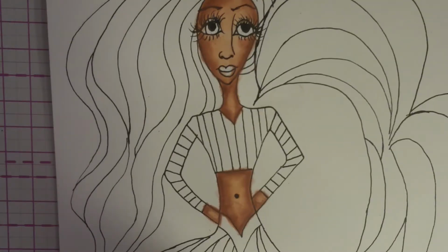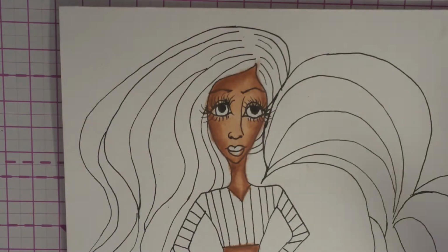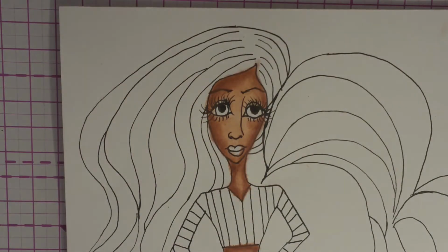All right, so now we have the stomach done and arms and the legs. Is this not beautiful? I just think it's a very, very pretty, rich, deep skin tone. Okay, a nice woman of color. Okay, next,